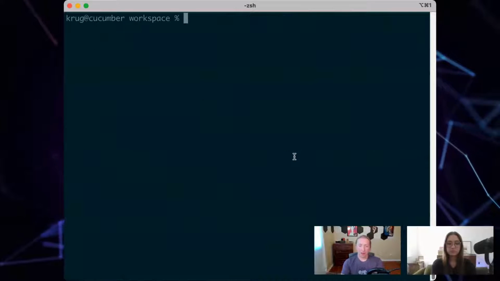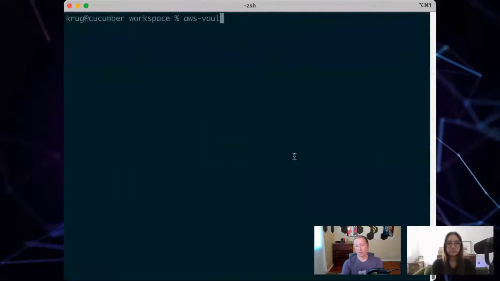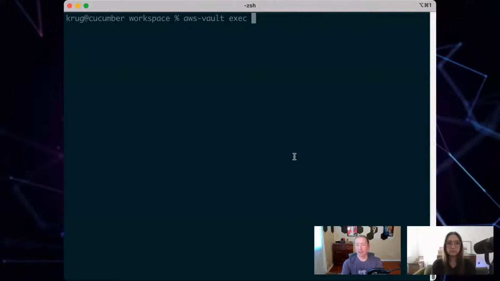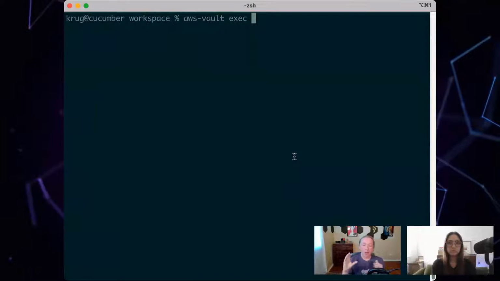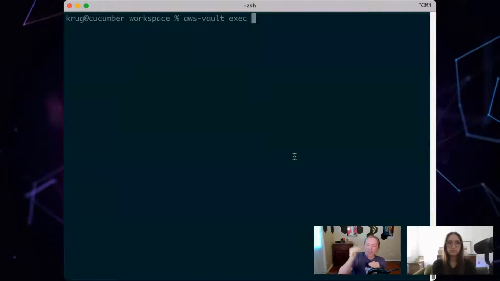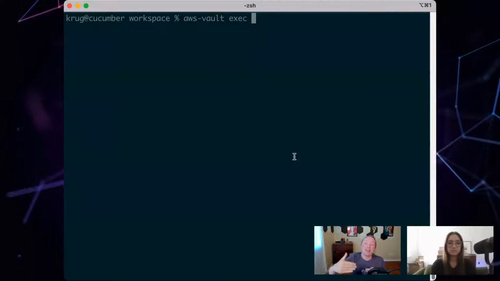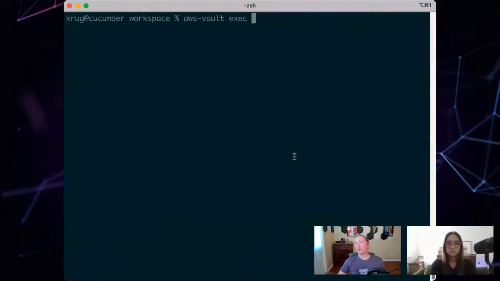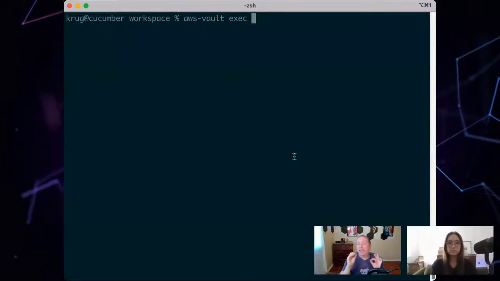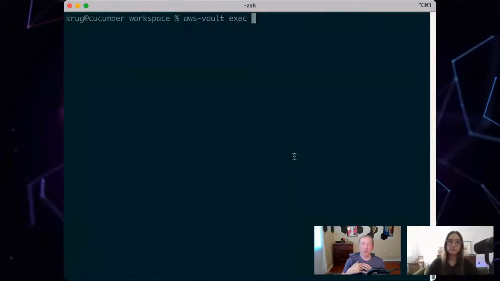And then that tells AWS Vault, we do an exec, which the way AWS Vault works is that it actually spawns a ZSH or bash prompt inside of bash or ZSH. There's a way to get it not to do that if you don't like that behavior, but it's really handy for a number of reasons.